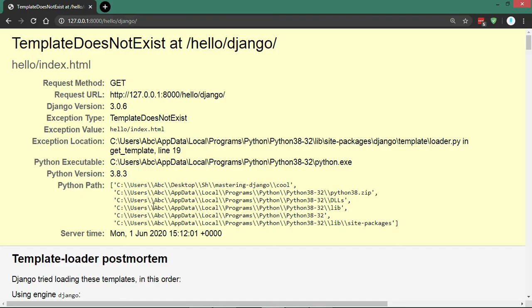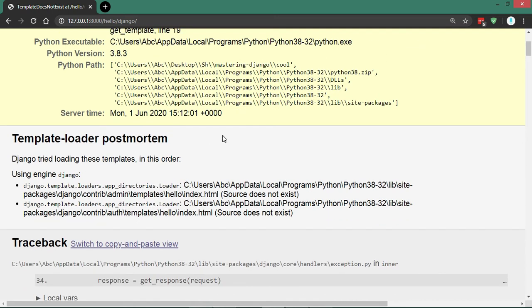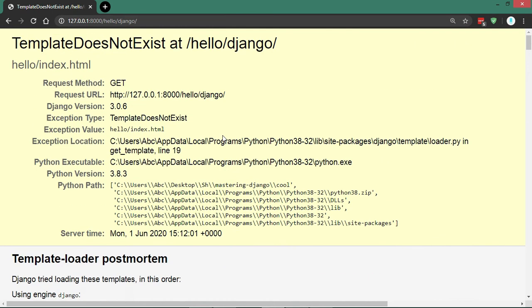I know why it is giving this error. Let's just be truthful here. You will be encountering a lot of errors while building Django, or rather while building any application in Django. So I want you to have this sort of debugging skills inside you. And remember, in one of my prior videos, I said that Django gives you really friendly errors if you have your debug equals true. This is one such error.